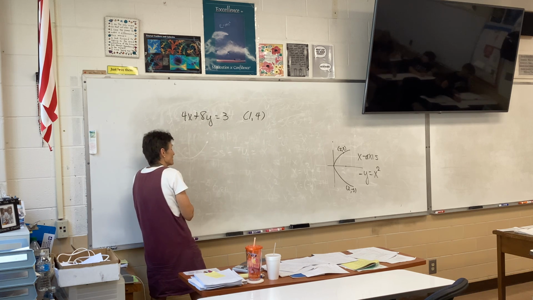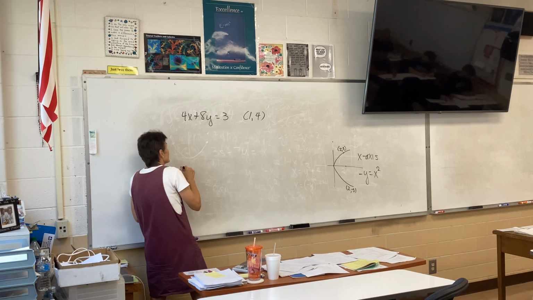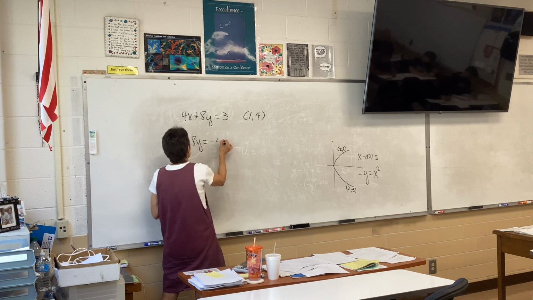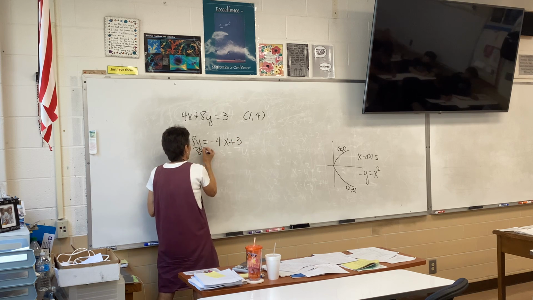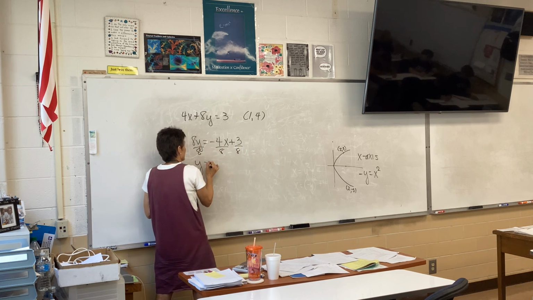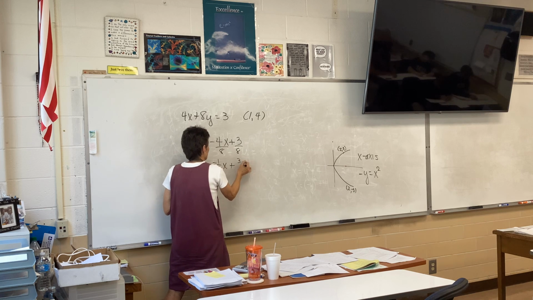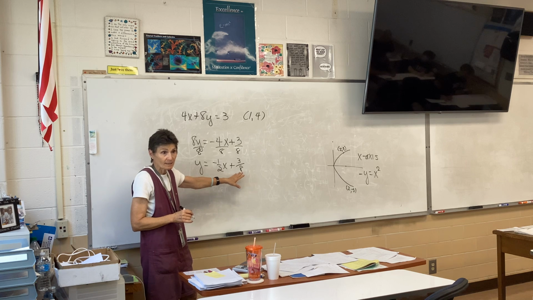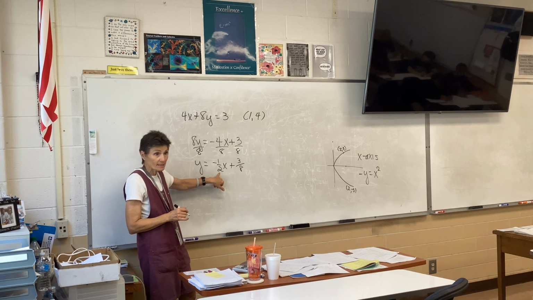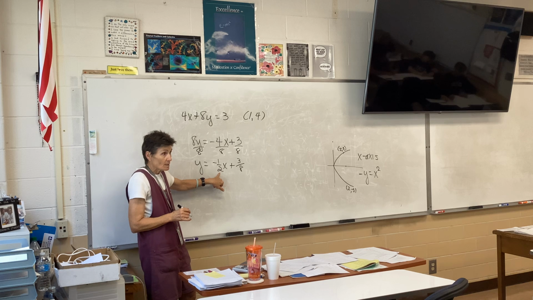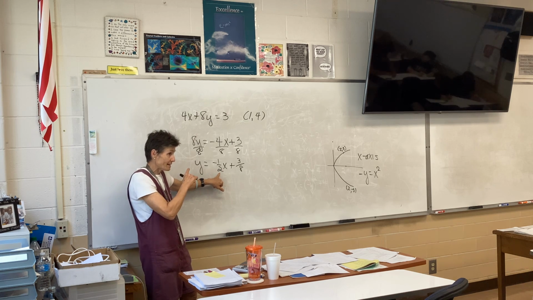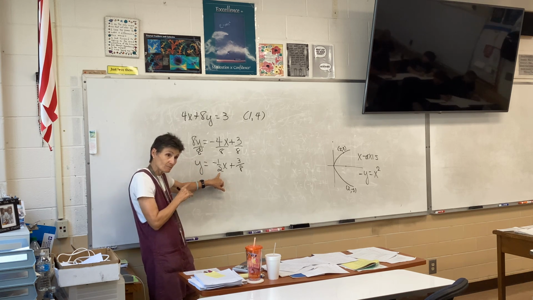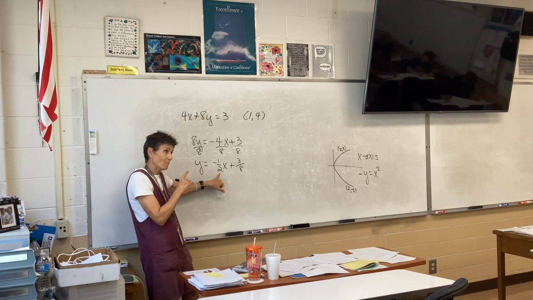How do I find the slope of this line? Pull over the 4x. Get y by itself, right? So I'm going to pull over the 4x and divide by 8. Now don't freak out about the 3/8. It doesn't really have anything to do with anything, right? I did this so that I could find the slope. So the slope of the line that they gave me is -1/2, which means my perpendicular slope will be